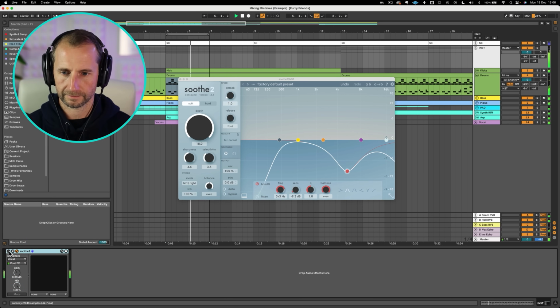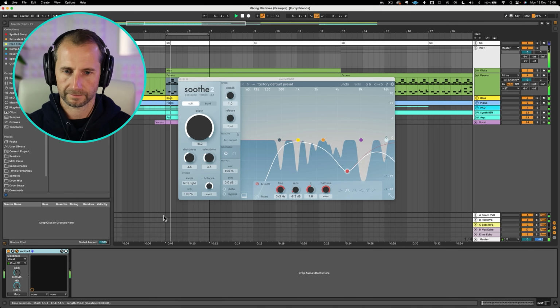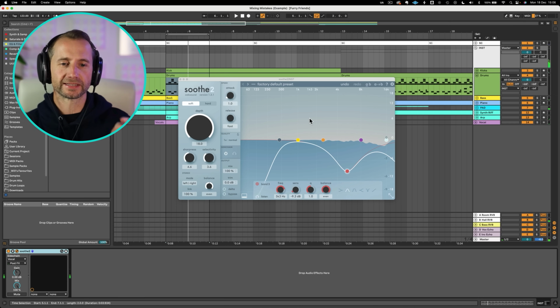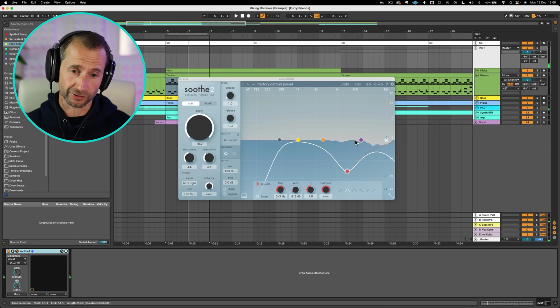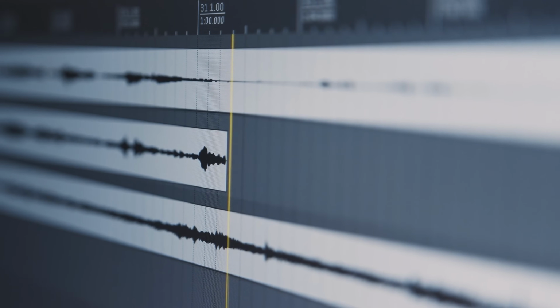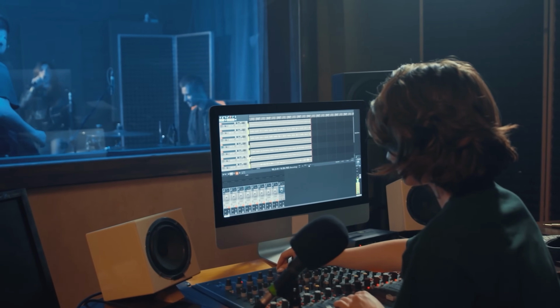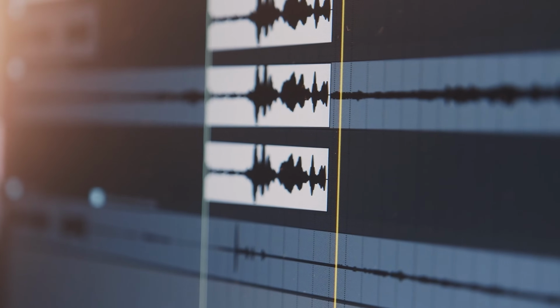All that's happening is it's just attenuating some of those high frequencies in our instrumental when the vocal's singing, and then when she stops singing or she's singing different frequencies, that attenuation is allowed to bounce back up as though there was no EQ on the instrumental at all. So what it's doing is just allowing those vocals the space to breathe in the mix. It's very subtle, but this is used in pretty much every pop tune nowadays because it just allows those vocals